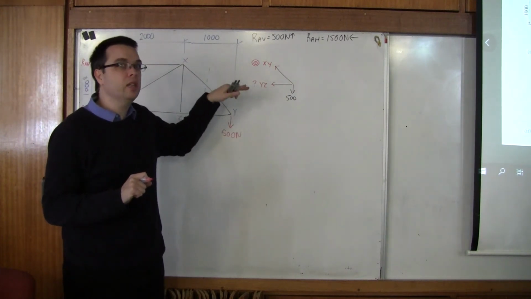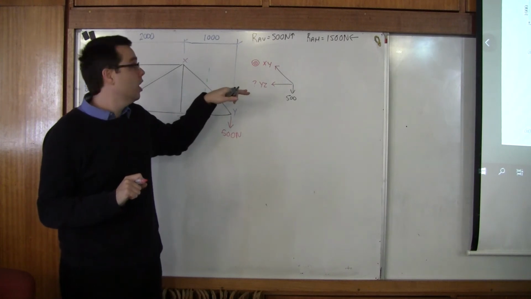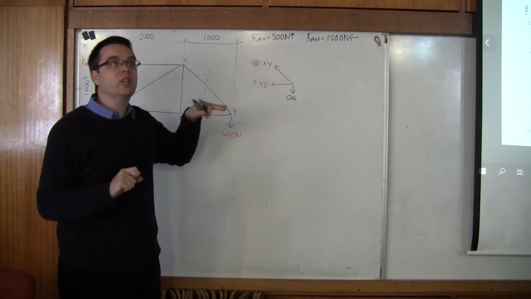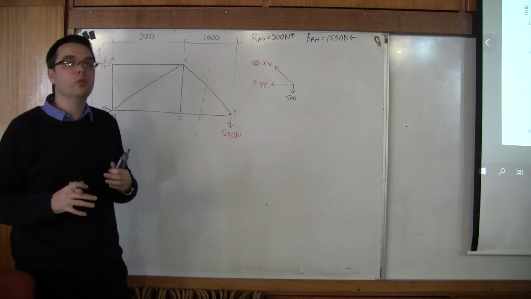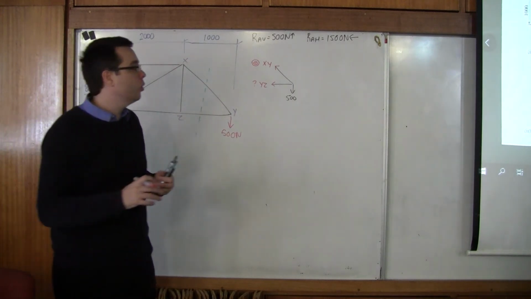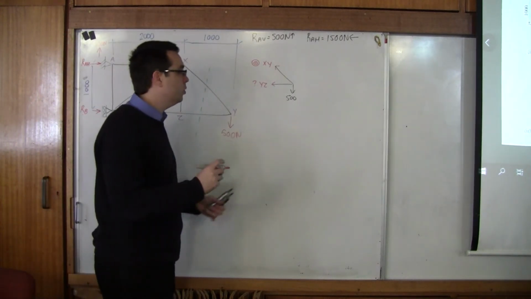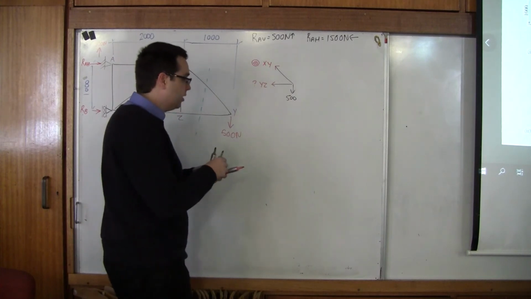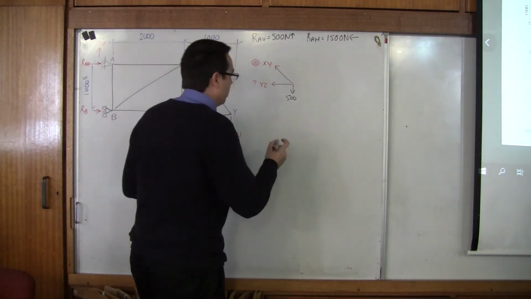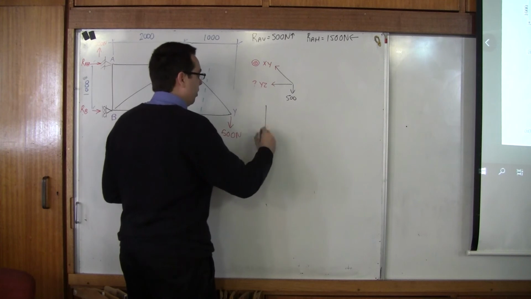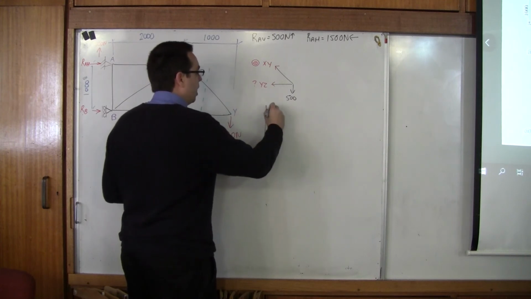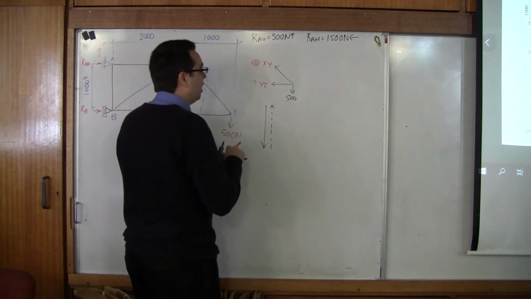So XY is the only member that can resolve a vertical component. If we have 500 down, it has to be balanced by 500 up, and the only way we can get 500 up is through